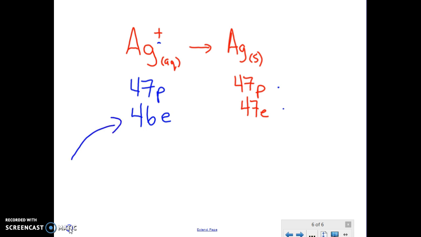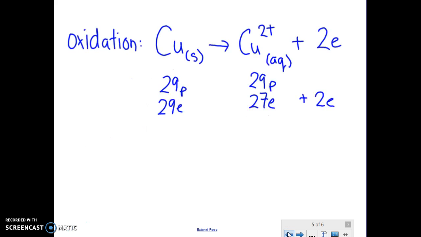If I add 1 electron to the ions in the silver solution, that means that substance is going to have 47 electrons. How does it gain 1? In order for something to gain an electron, something has to lose an electron. The reason why silver ions are able to gain electrons is because copper has already parted with 2 of its electrons. Those electrons simply flow in the watery environment, and